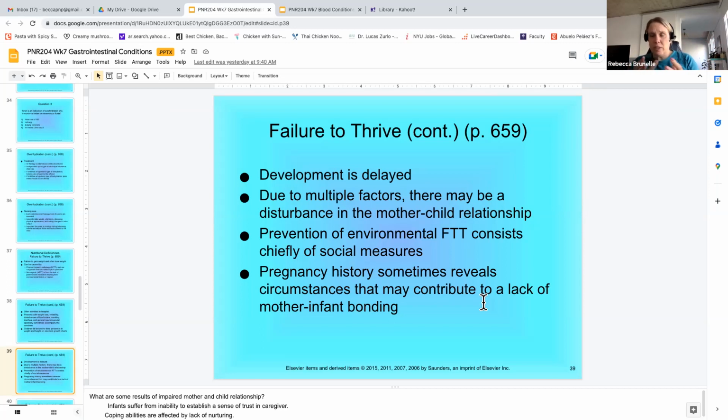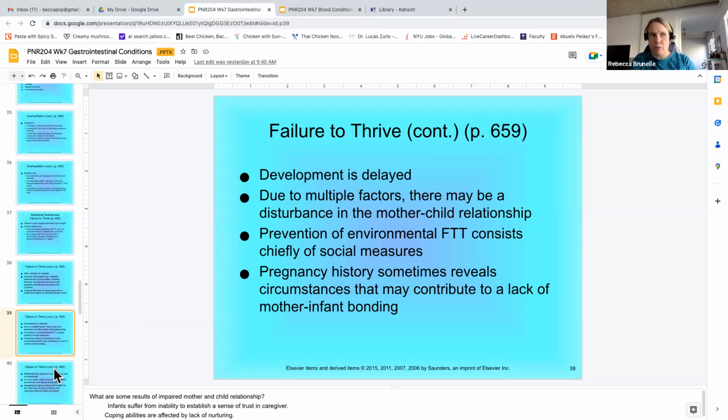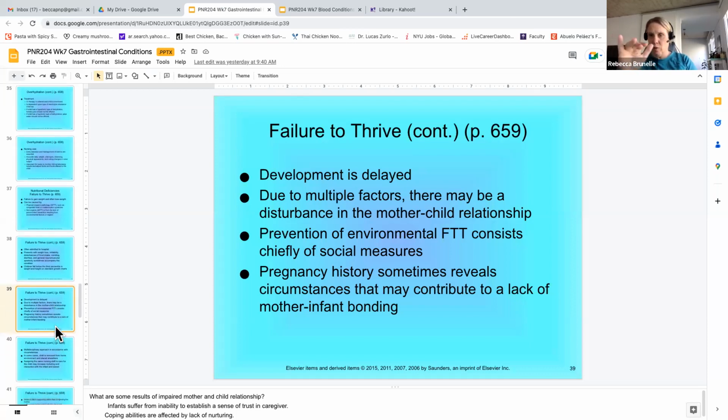Sometimes, moms that aren't really bonded with their pregnancy, then you'll see them neglect their kid after they're born. So just be aware that this can all start happening even before the kid's born. And if you're working with this family or this mom, you should be documenting all of your observations very closely, so you can really see as healthcare providers the trajectory of what happened, so you can give them the best support.